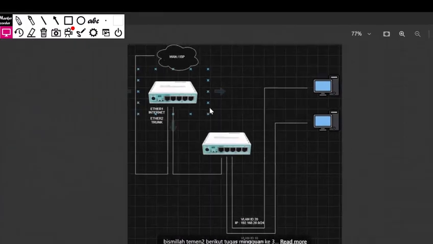I use Ether 3 here because Ether 1 is for the wireless and Ether 2 is for this switch. That's why I use Ether 3.